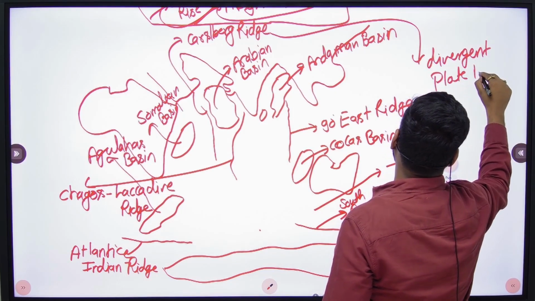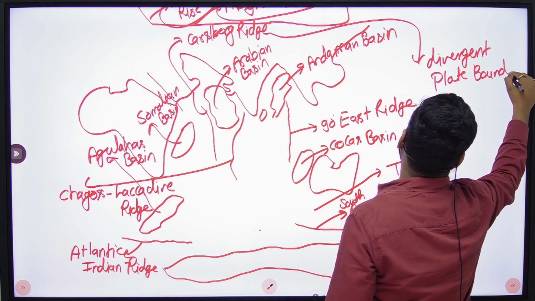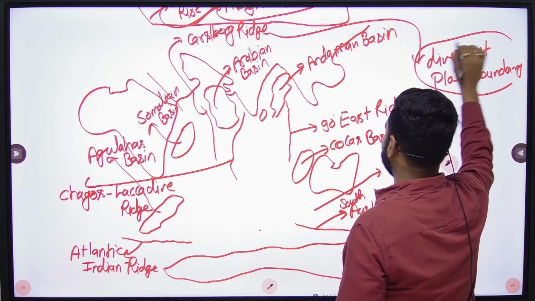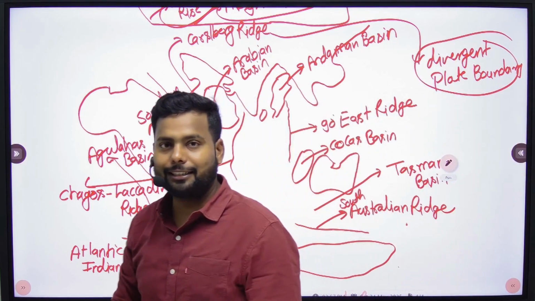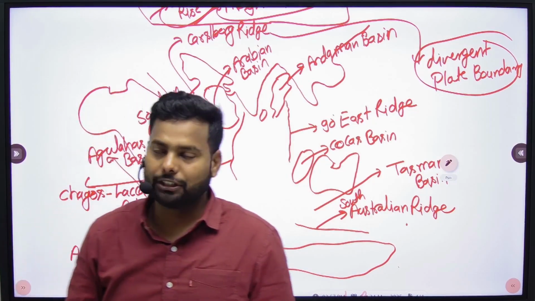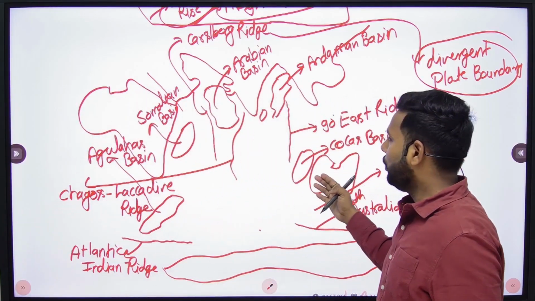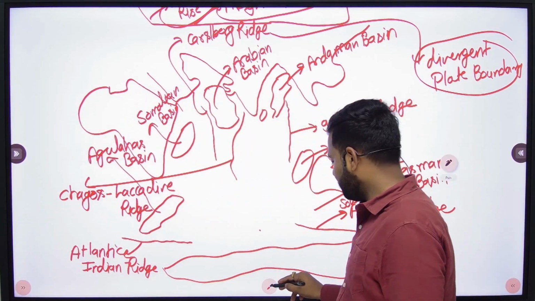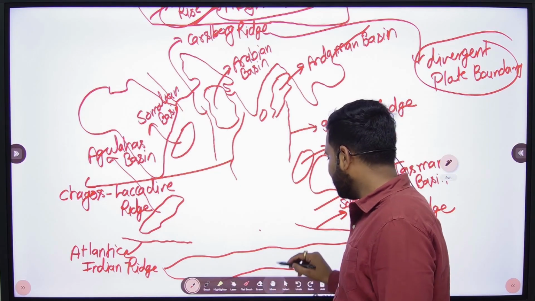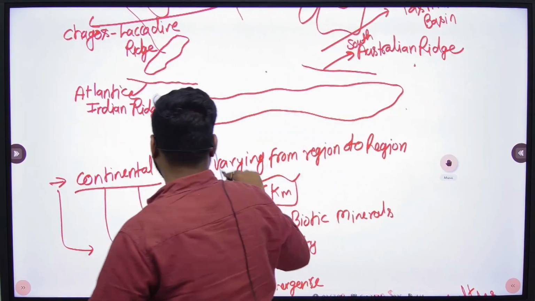And as I mentioned earlier, the 90-degree East Ridge is separating the Indian plate from the Australian plate. You just have to simply put down all these things. In conclusion, you can say that